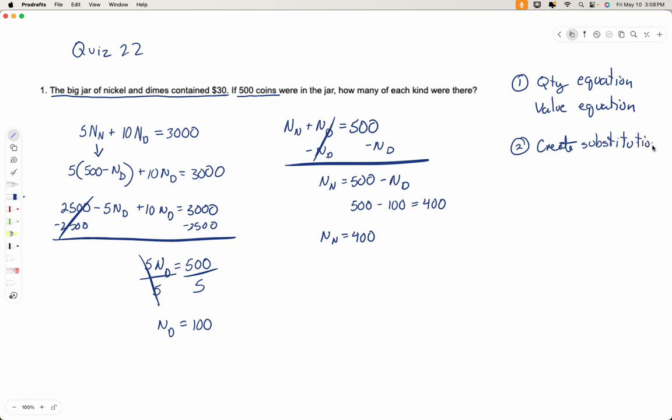Substitution. I'm better at math than spelling. Create substitution equation. All you have to do to create a substitution equation is to find the value of one of these. It doesn't matter which one. Just find the value of one of these, and then you'll use it to sub in, and then find the value of the other one. Then you just turn around and sub this in to find the value of the one you subbed to start with. Create a substitution equation, and then substitute